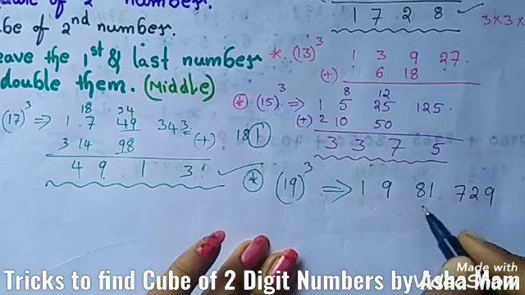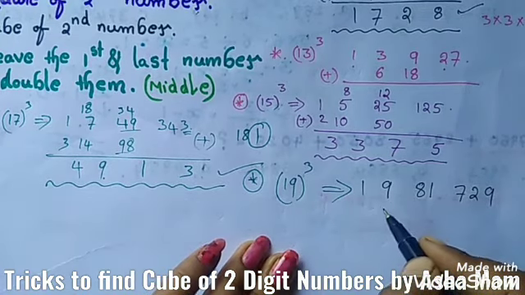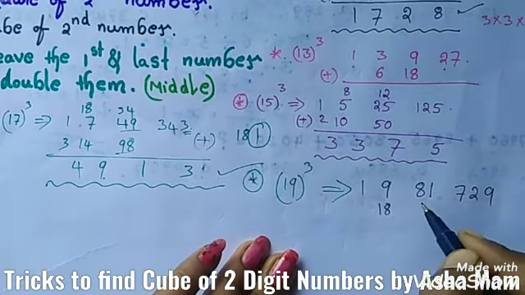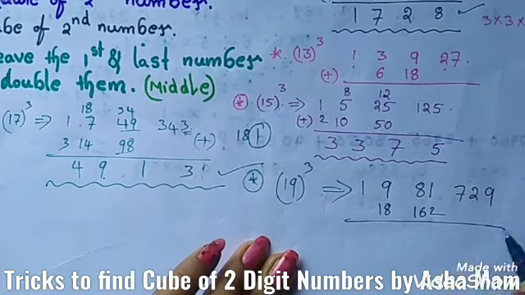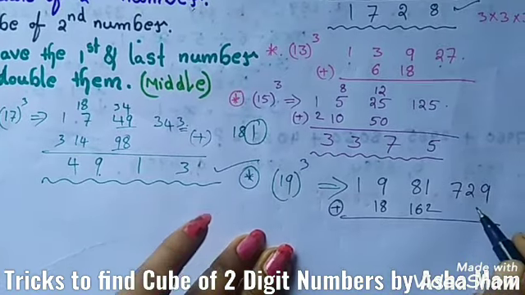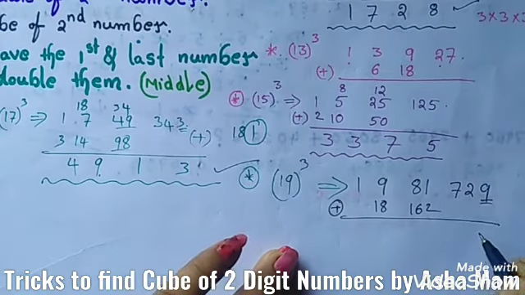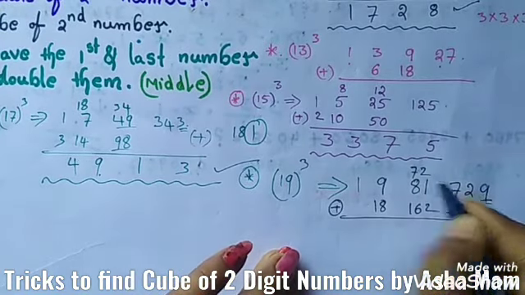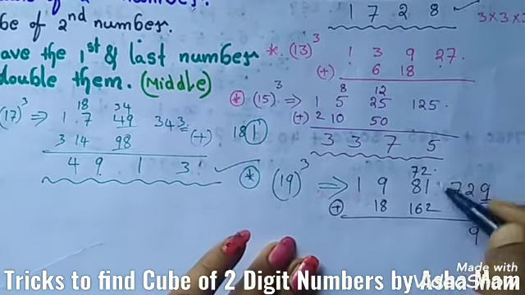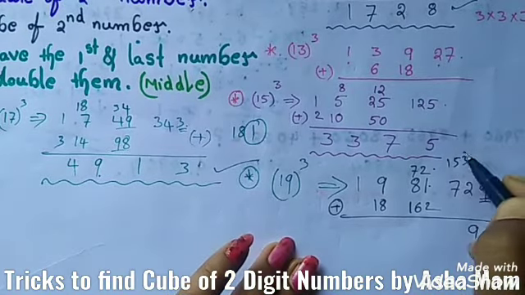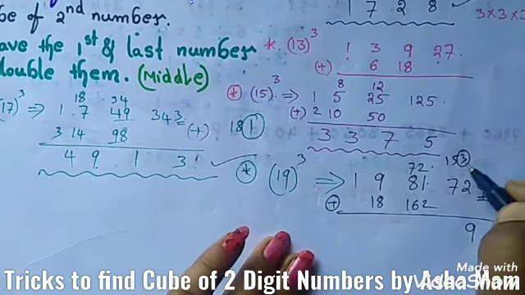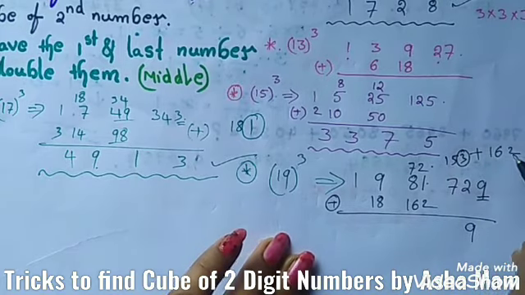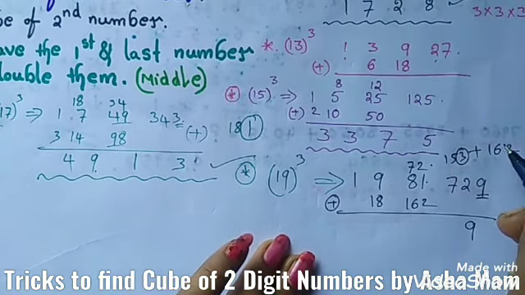And now middle numbers, you have to double them. So 9 into 2, 18. 81 into 2, 162. Now you have to add them. So here 729, you have to take this number only, 9. 72 is carried forward. Here 72 plus 81, 153. So okay, this 153 plus 162, that should be